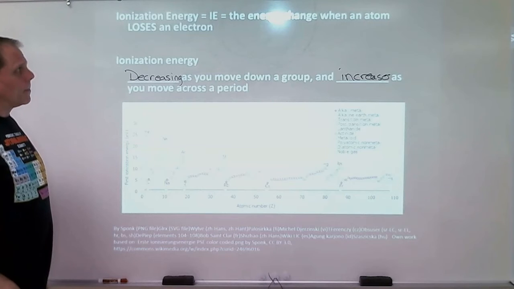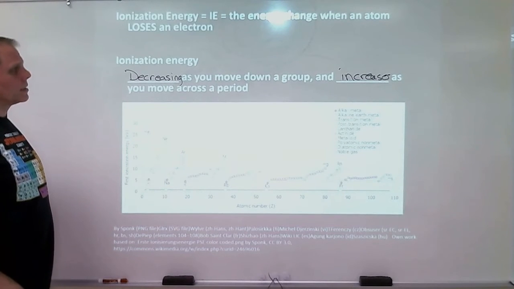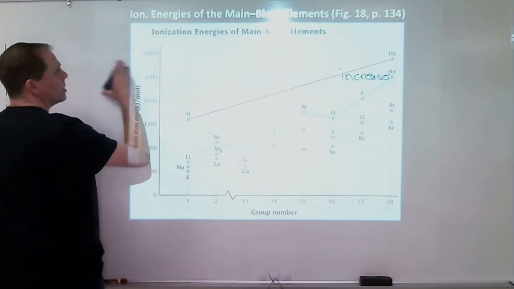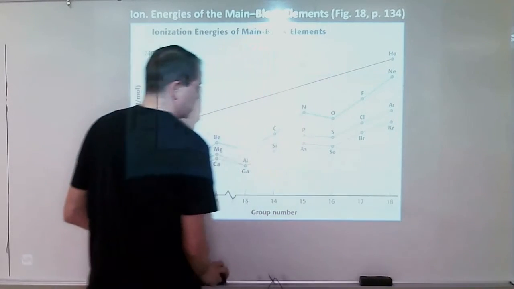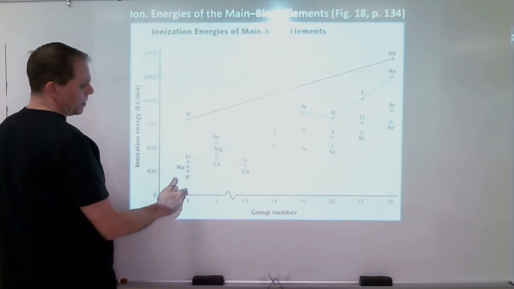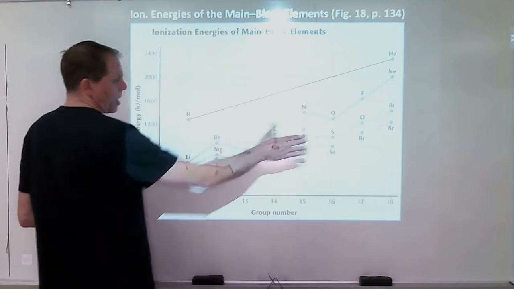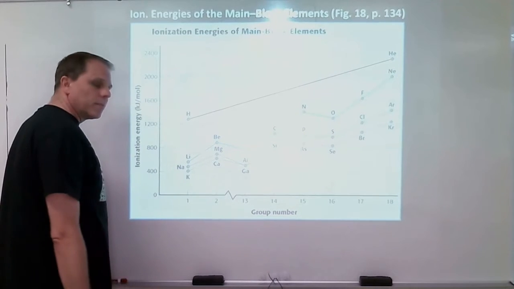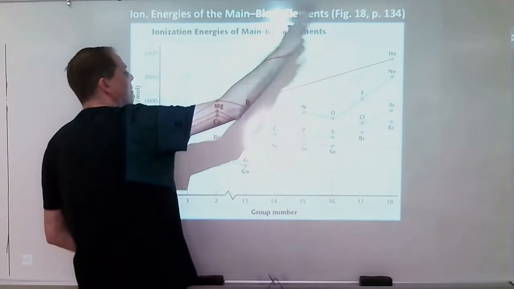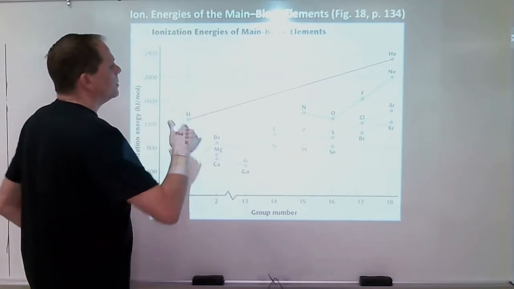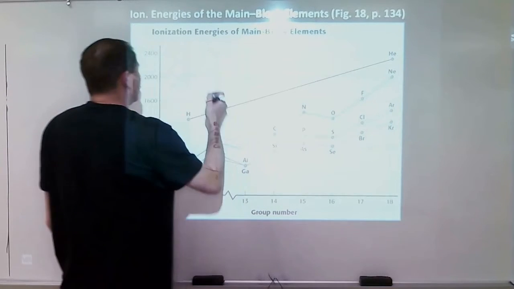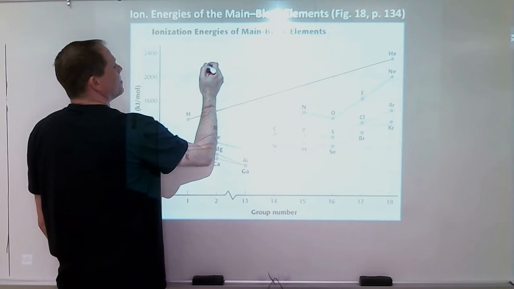Okay? And again, let's talk about that in terms of an electron. Here's just the main block elements. You can see that as you go down a group, it's going to get less. And as you go across the period, it's going to increase. I don't normally mix up my words like this much. So let's talk about